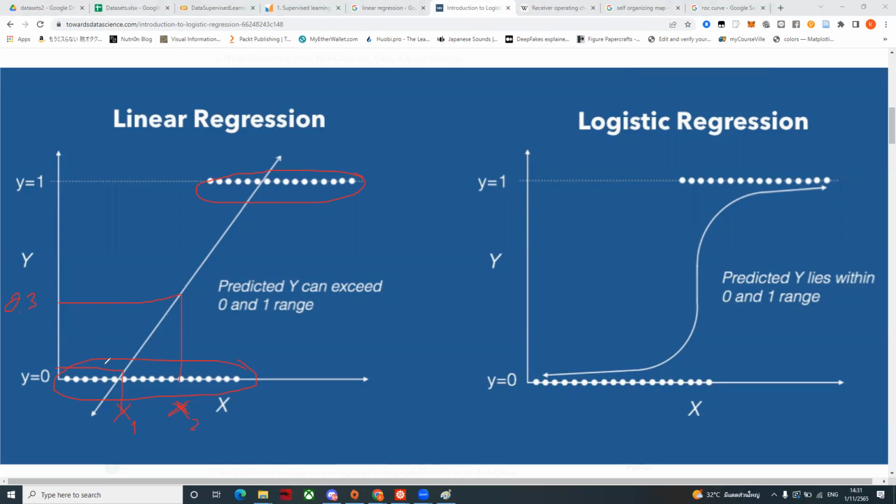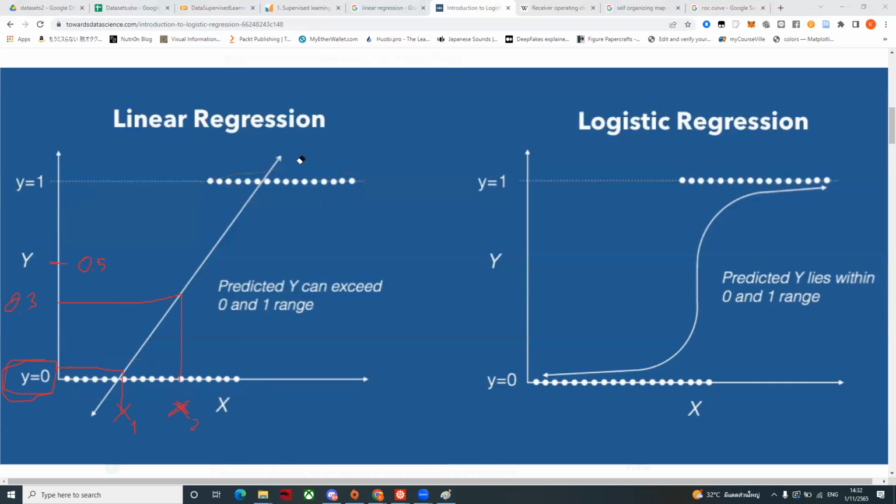I think this one is not that bad, because maybe we can say that if the value is lesser than 0.5, that data point will belong to the negative class. If it's greater than 0.5, it will belong to the positive class. You can say that, but